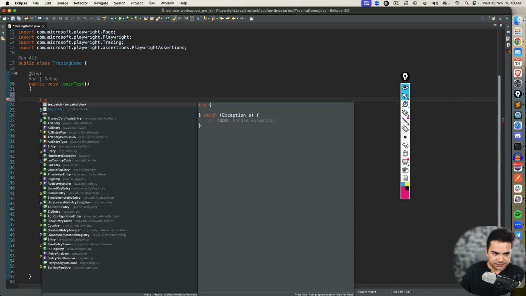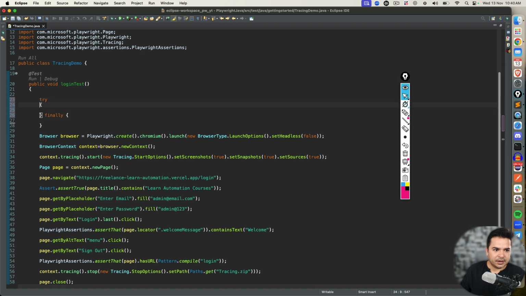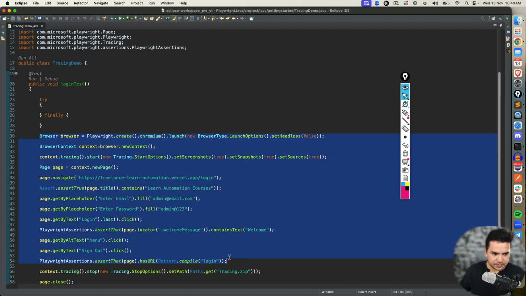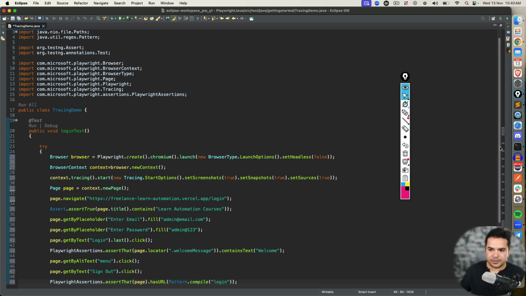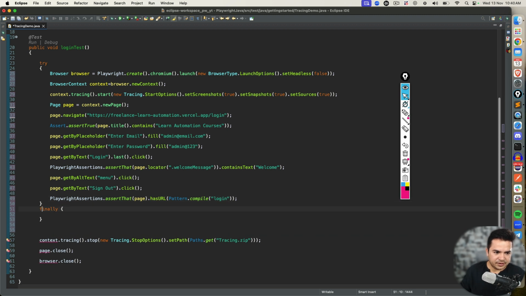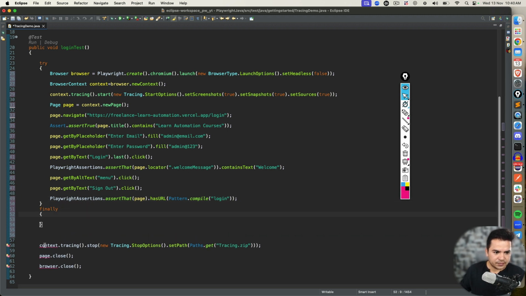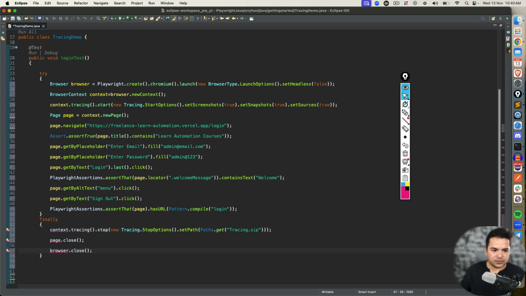I will say try, or I will say try with finally, because eventually I need to execute that piece of code, right? So within the try block, I'm going to keep till here. Control X, Control V, and in the finally, I will keep this piece of code, which is context tracing stop, and then close the page and close the